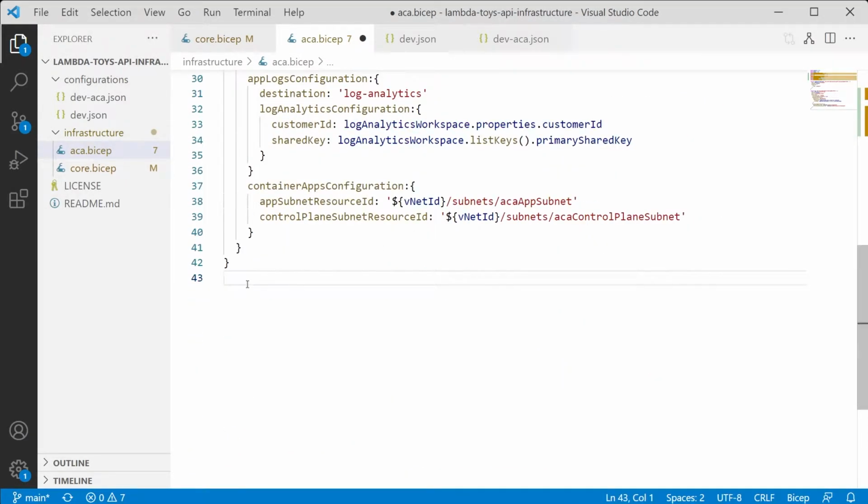Okay. So what we're also going to need is the key from the CosmosDB database. Now we could pass that in as a parameter, but what I want to show you here is the way to actually grab information from an existing resource. So we know the CosmosDB